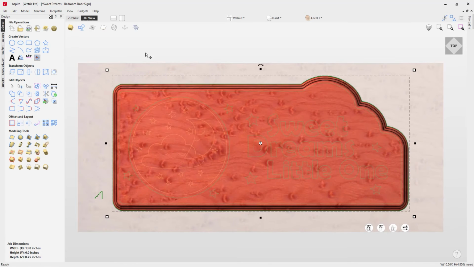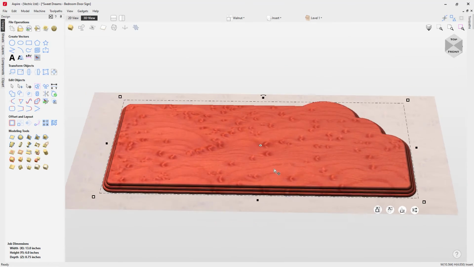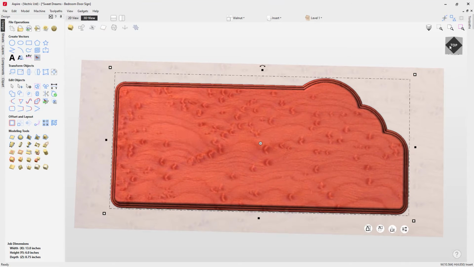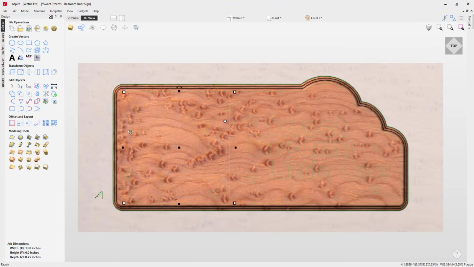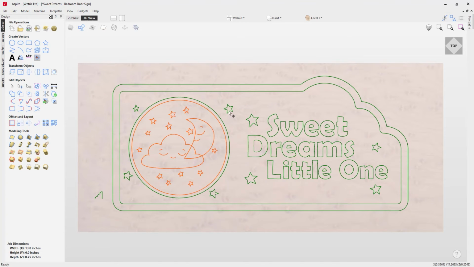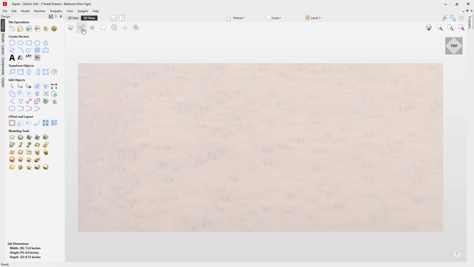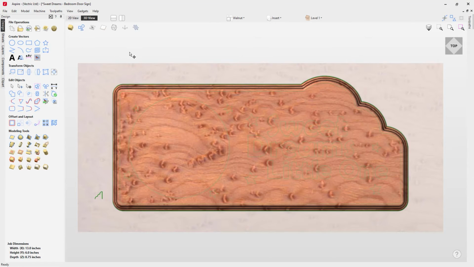Look back down the top of it again. Let's hide my vectors. Yes, I'm really happy with that. I think that's going to be the perfect shape for what we need. Now, as I mentioned before, I'm actually going to pocket out this circle here so that I have a recess for my disk that I'm going to create. And then I'm going to V-carve in all these extra details on the top. So I think pretty much we have everything that we need to go ahead and start developing some toolpaths for these. So let's jump back to